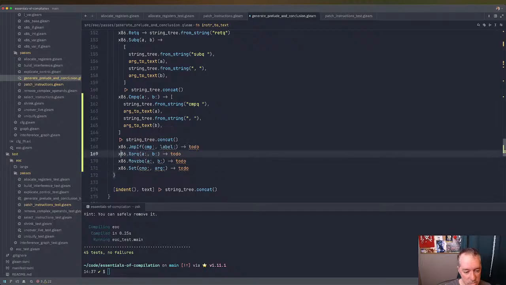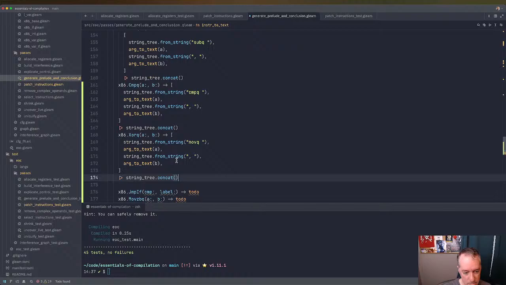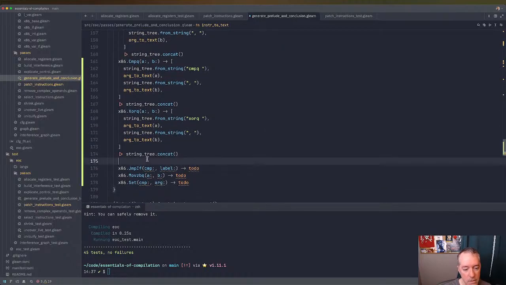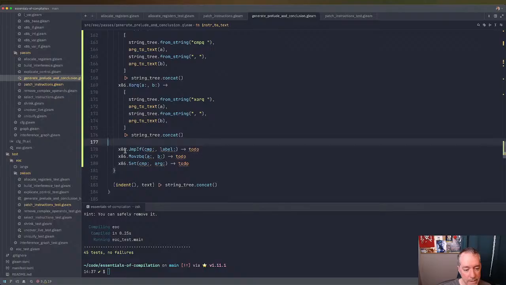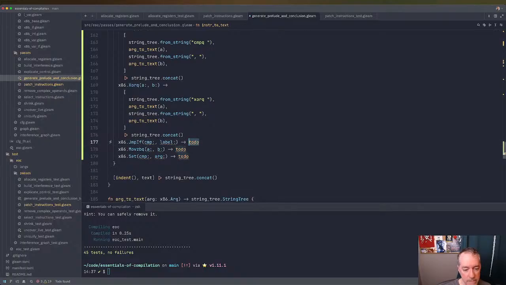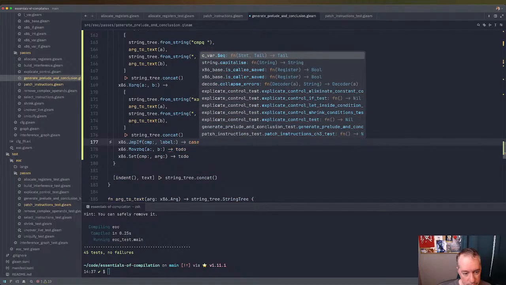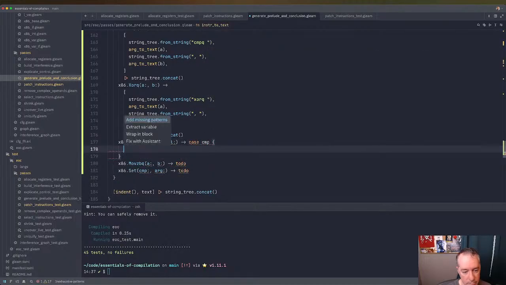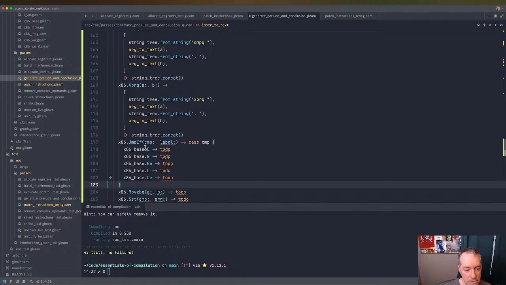Yeah, so XOR Q is more like comp Q. Okay. So jump if. So if we have equal, we have, let's do,